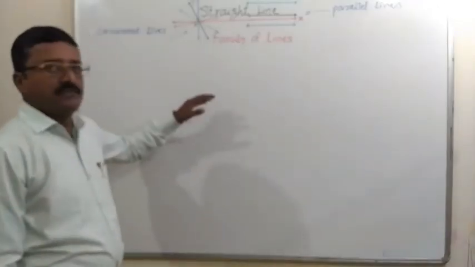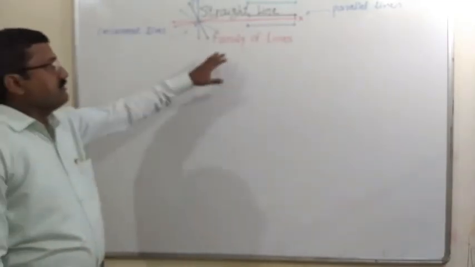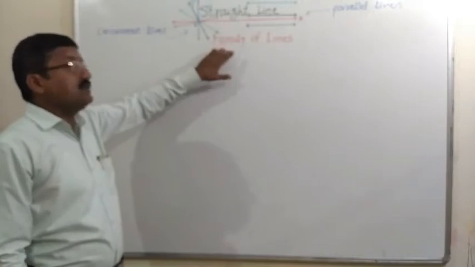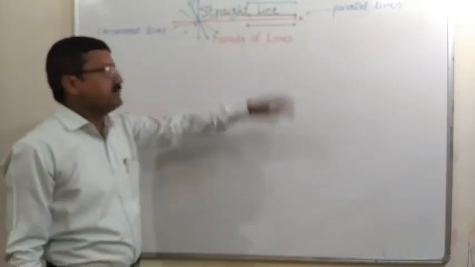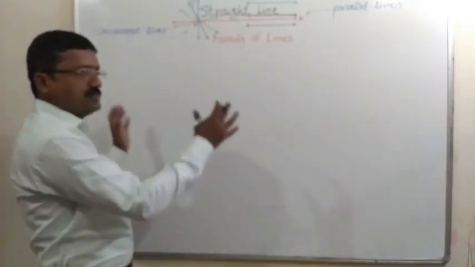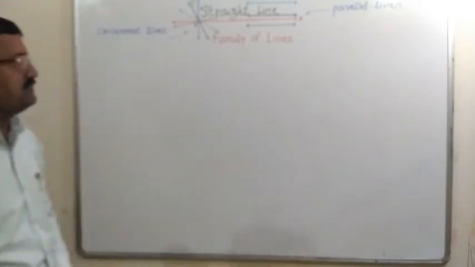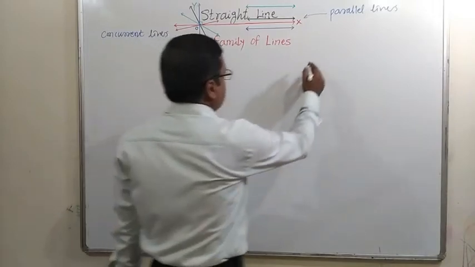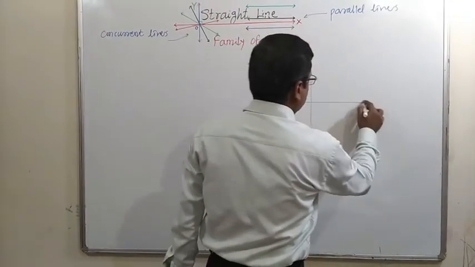Now we will find the formula to find the family of lines, or what will be the actual equation of family of lines. Collecting all those situations, we will derive now one single equation which will lead to the equation of family of lines. For that, let us consider here